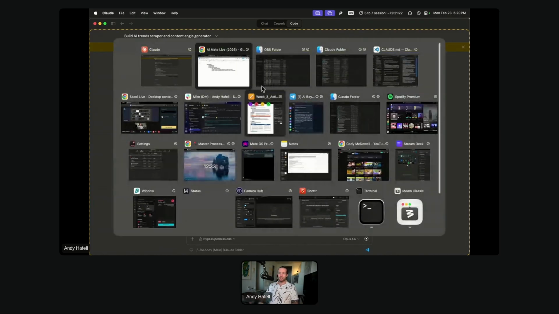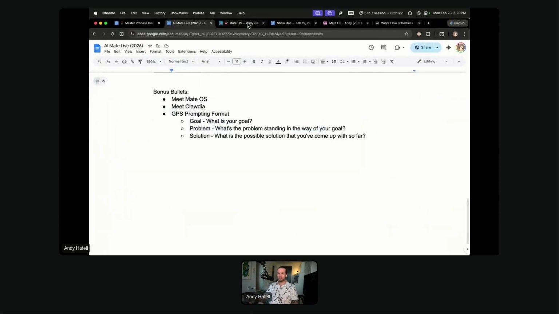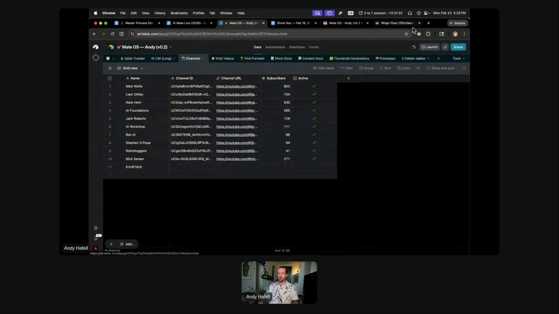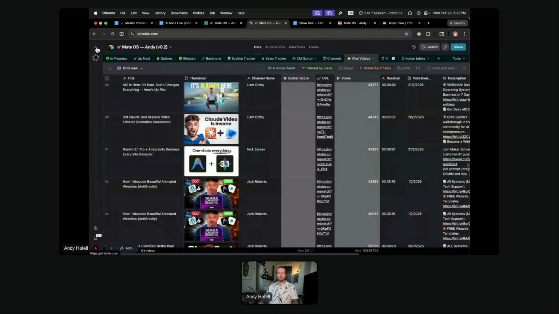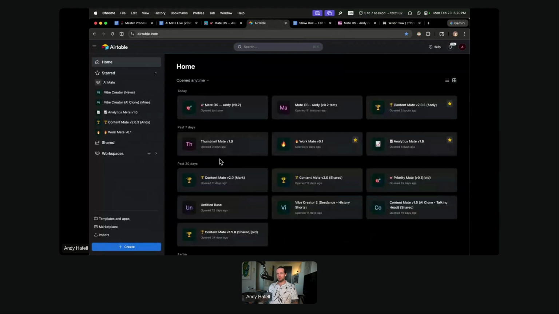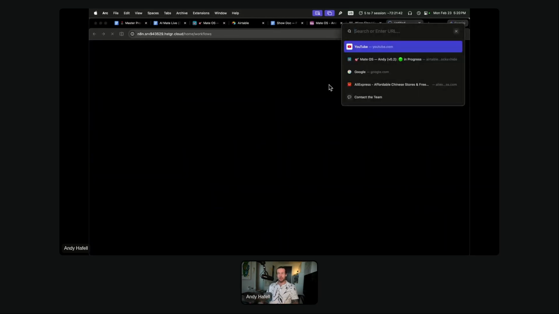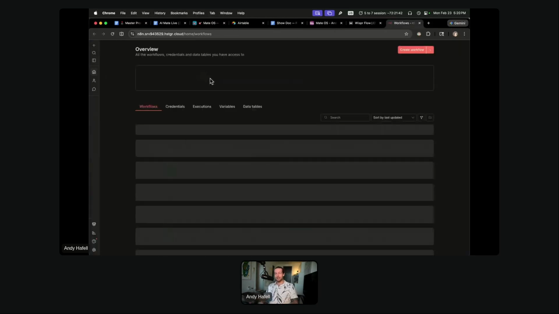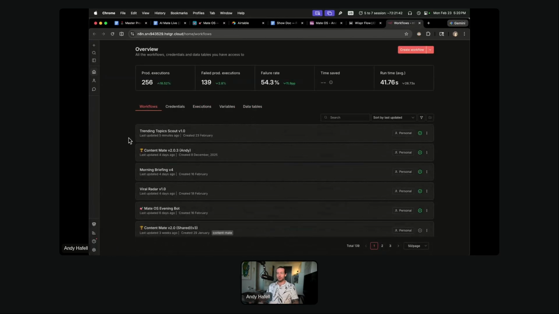Now it has built some of it, but we need to check out what it actually built. I do believe that it created a new Airtable. No, it actually didn't create a new Airtable. It just created a new n8n workflow, and here you can see it right now.